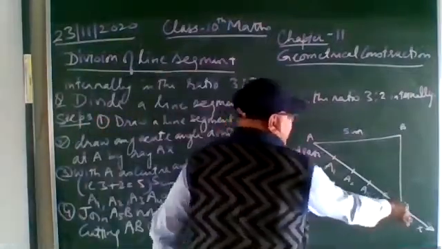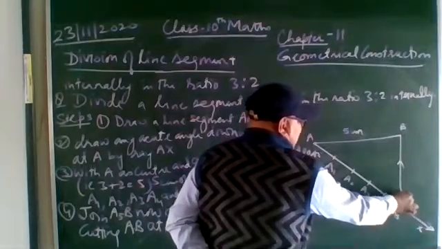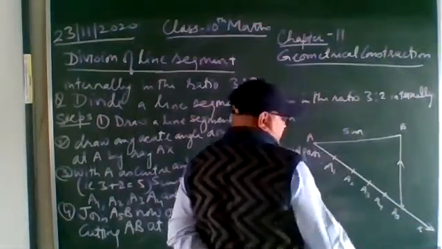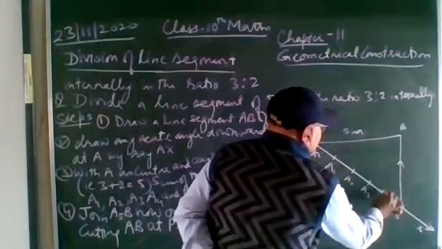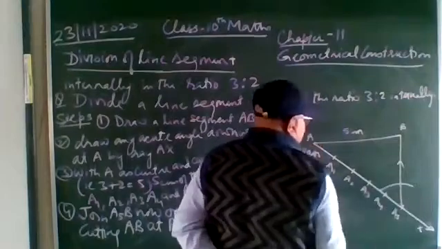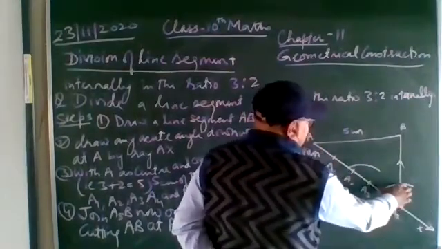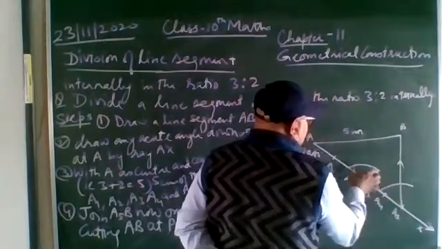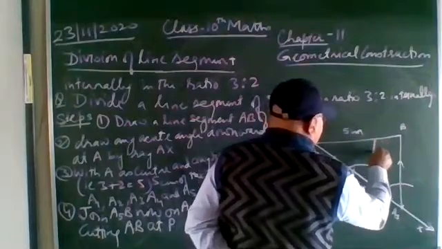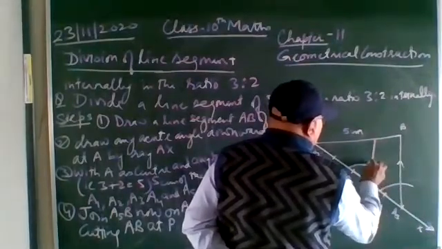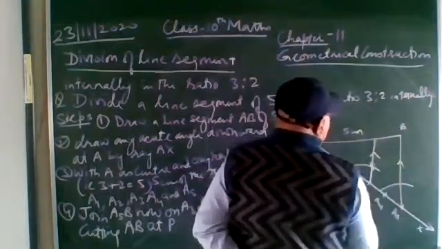When you are making the parallel line, what you have to do? You copy down this angle. Here you will put the compass, any radius. You can take any radius. You cut an arc like this with AB, any radius. Now you have to take this measurement, cut an arc. So you will get that. So this will be the parallel line to this.